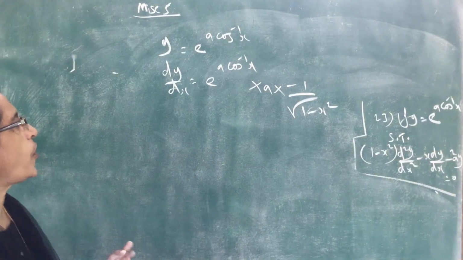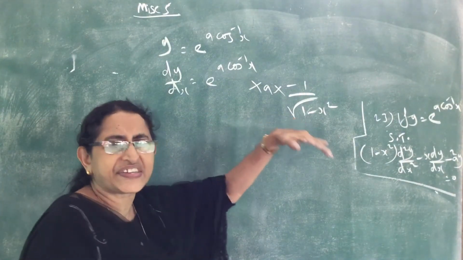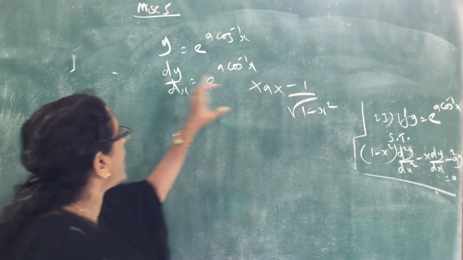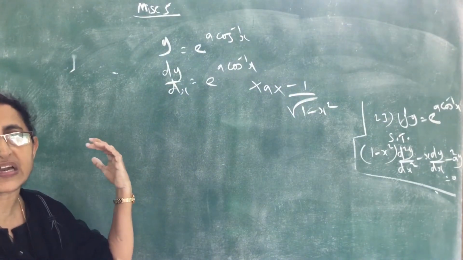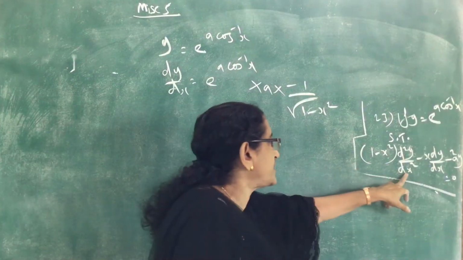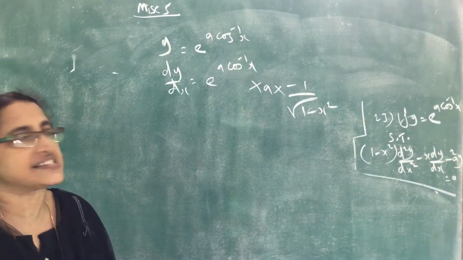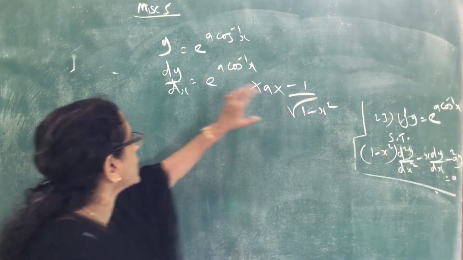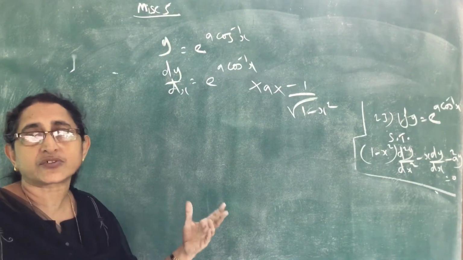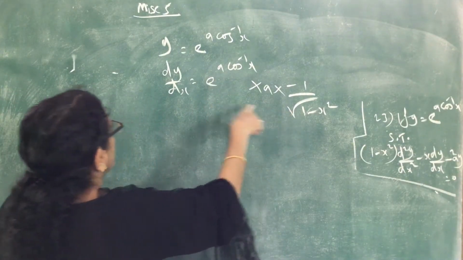First derivative we got. Now when we get a fraction here, we can multiply this root of 1 minus x square to the other side, or cross multiply, so that the next differentiation will be easy, because we want to find the second derivative. One more time we want to find the derivative. To make the differentiation easy, we multiply this root of 1 minus x square to the left side, because applying the product rule is easy compared to the quotient rule.